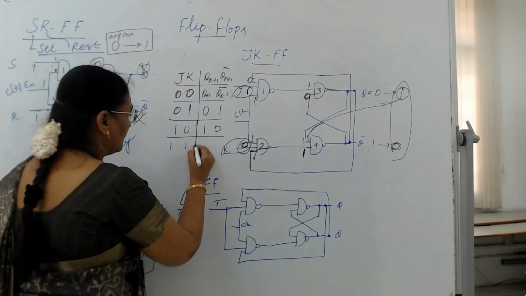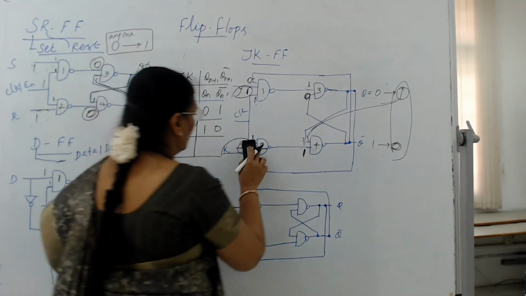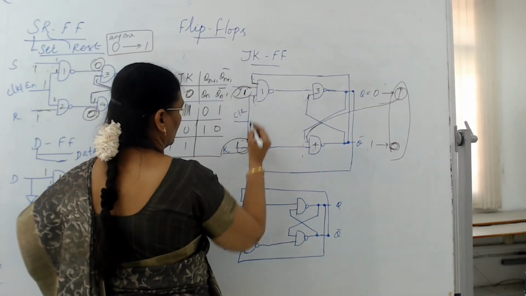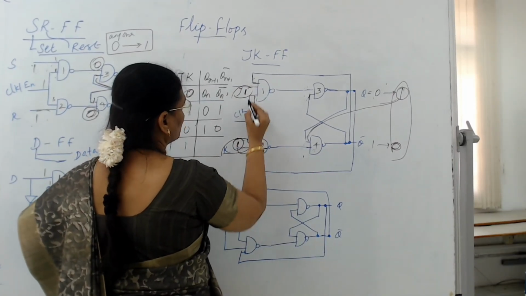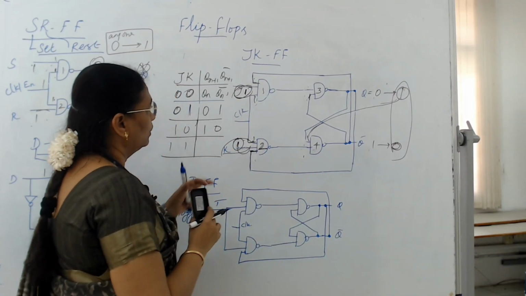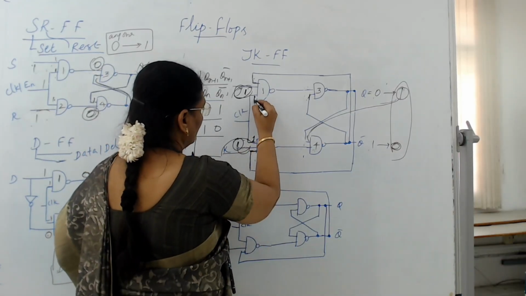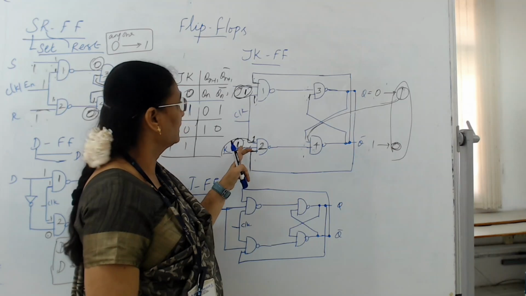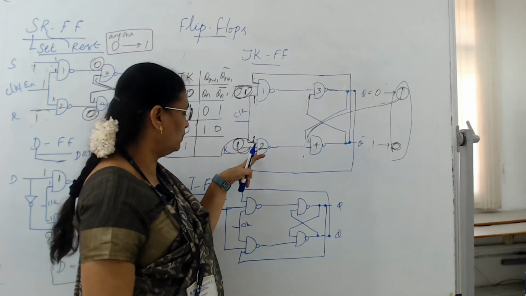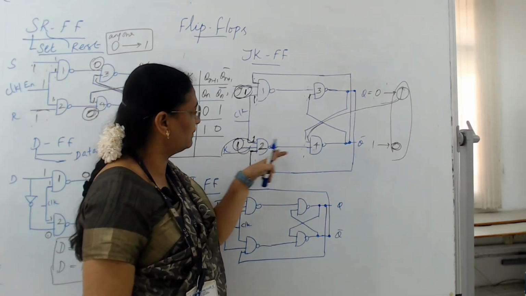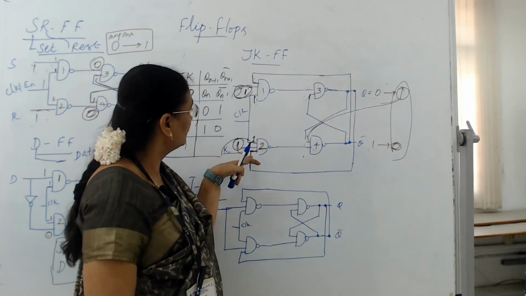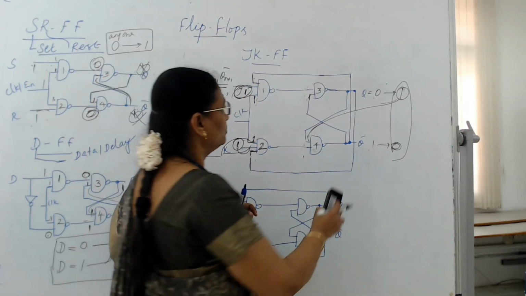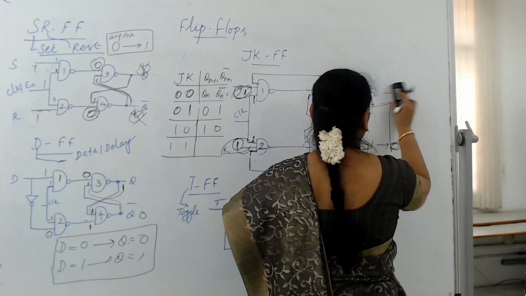Now we will see what is happening in the case of JK. Now if K is equal to 1 and J is equal to 1 and we don't know the previous value, both are 1. Now you see in both the NAND gates 1 and 2, two inputs are 1, 1. If any one of the inputs is 0, we can immediately set the output as 1. But both the NAND gates 1 and 2 are dependent on the feedback. Assume that Q is equal to 0.